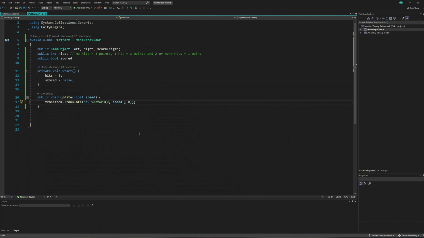To make sure your translation is the same no matter what performance you have, and this is really key, this technique is applicable across all platforms and PC games, you need to multiply your speed